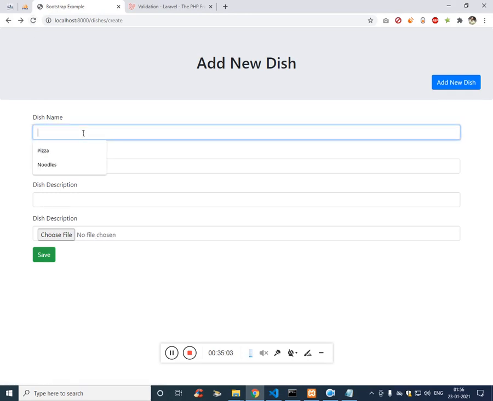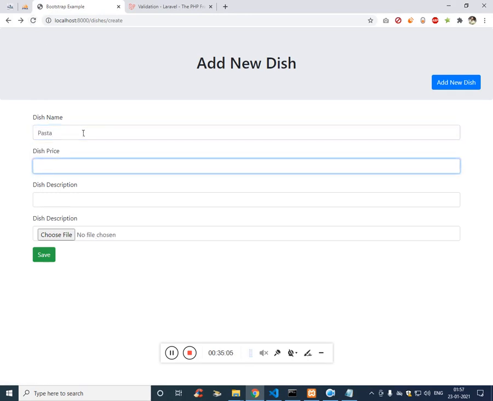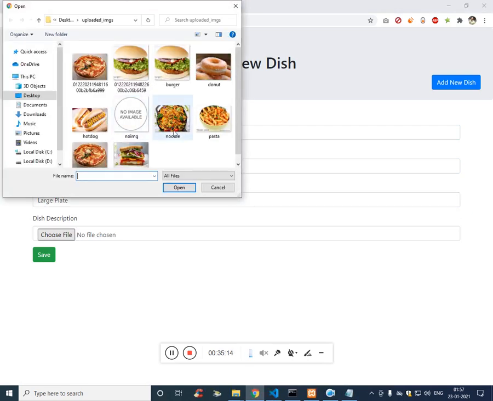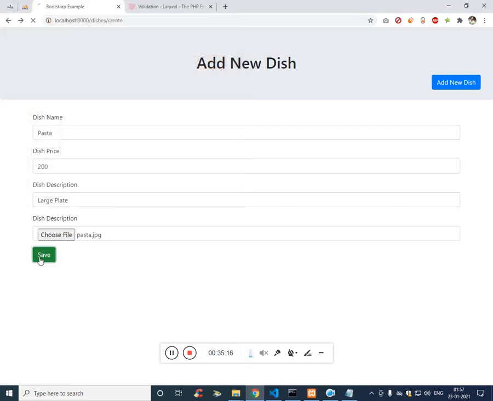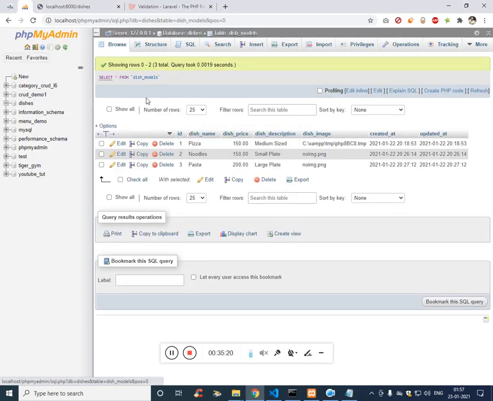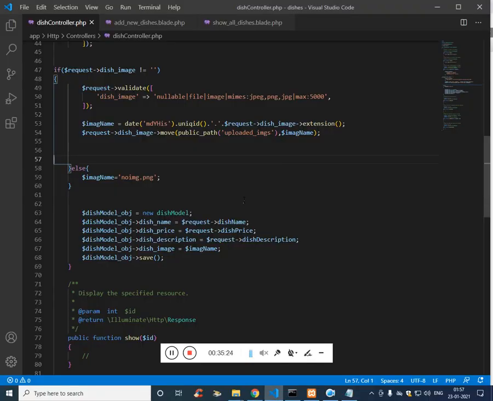This time pasta. 200, large plate. Upload the image of pasta. Click save. Let's check the database. Again no image. Where are we making the error?